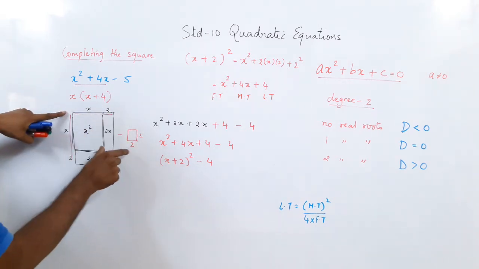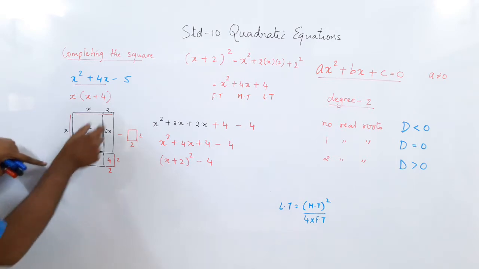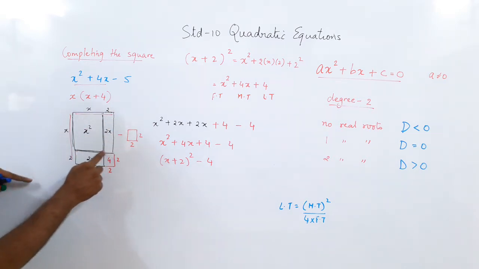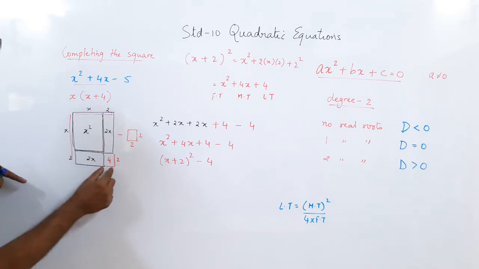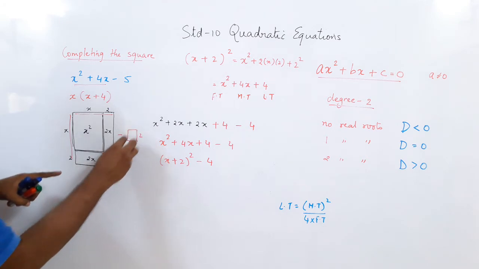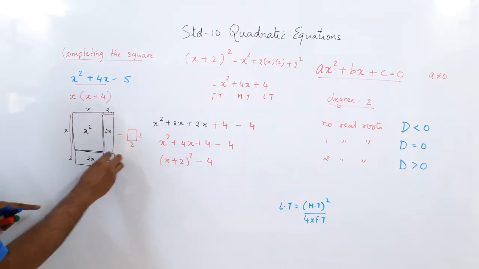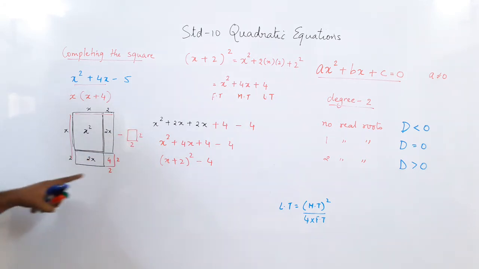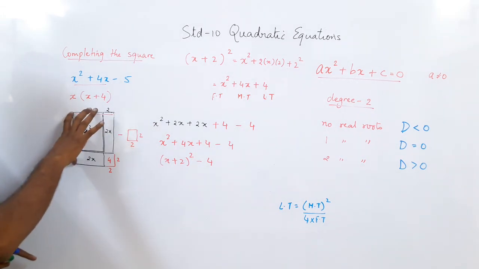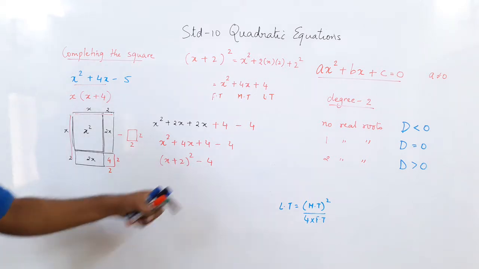This I cut into two parts and one part I shifted down here. So one 2x was here, one 2x came here. Now to make it a square, I had to add a small part here whose breadth was 2 and length was 2. Because I added the part, I have to subtract this piece which I put here, I have to remove it. So if I add, I will have to subtract. Now this becomes a perfect square whose length is x plus 2 and breadth is x plus 2. So x plus 2 the whole square minus 4.